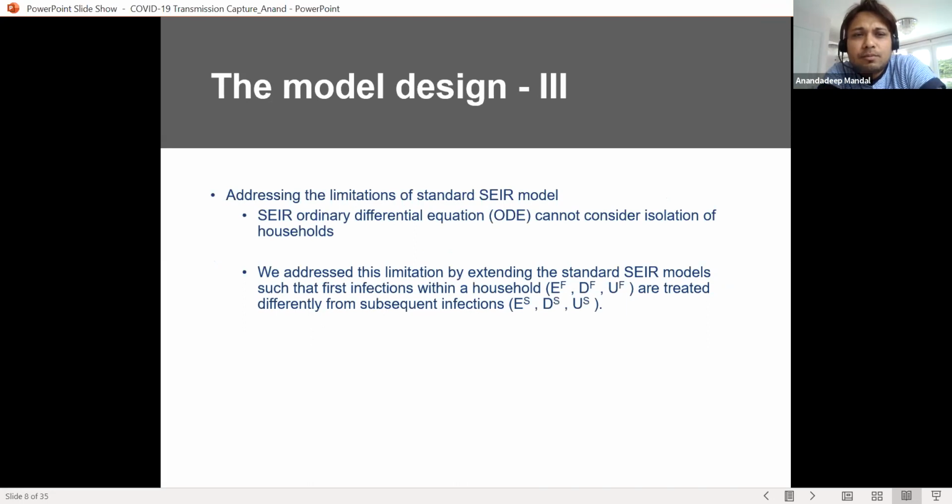Now, there was another problem with the SEIR model, that has to do with the fundamental differential equation it solves. So what's a differential equation? To be very frank, if you want to solve a function which is dependent on various parameters, you solve that function. That's a differential equation. Now I'll give you a small example which will help you to understand this in a better way.